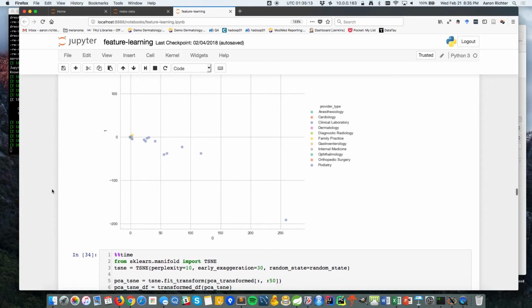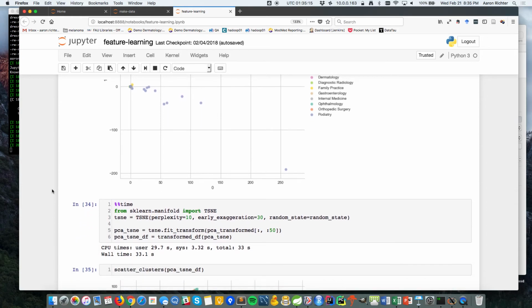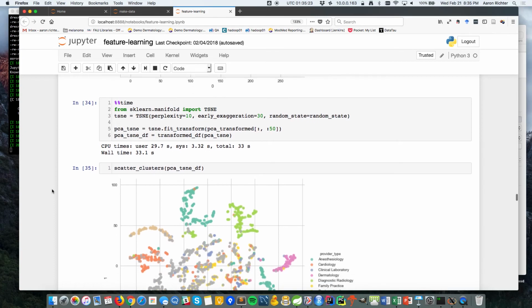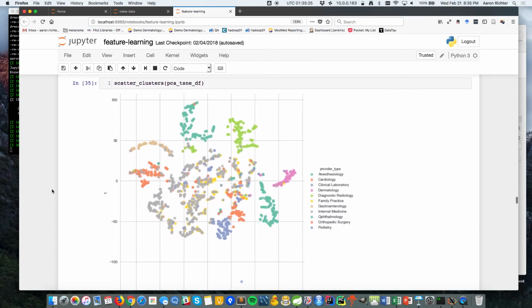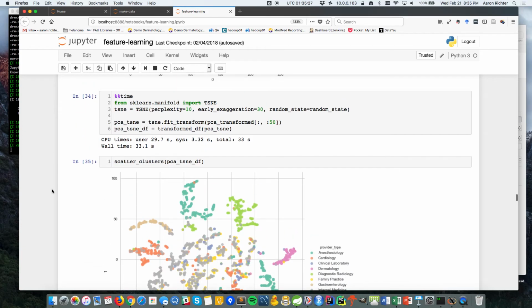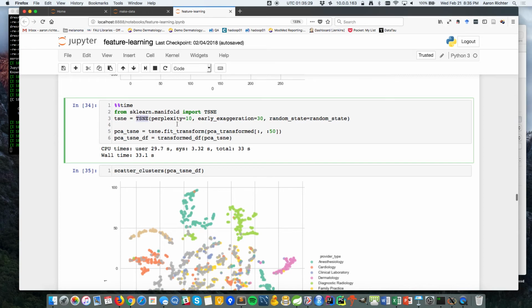But for visualization, that's why we brought in t-SNE, because it can take those top 200, top 50, or whatever, then creates a representation for you to be able to plot on a coordinate axis. So t-SNE happens here. Again, it's really simple. It's just call t-SNE, put in some of your parameters, and tweak them until it works. The one thing that's annoying about it is a lot of computation is happening, so it actually takes a long time. It actually took longer than the PCA took. It took 30 seconds just to be able to make the t-SNE.